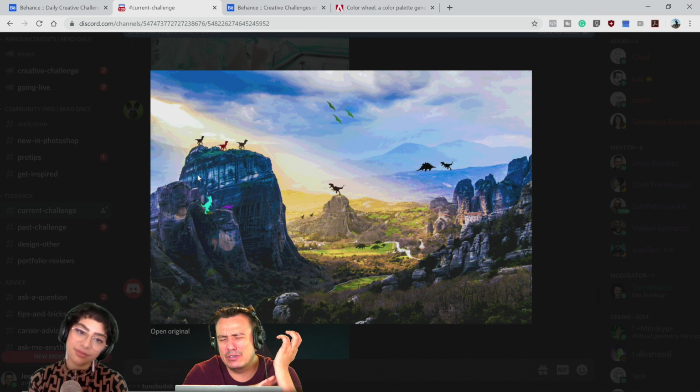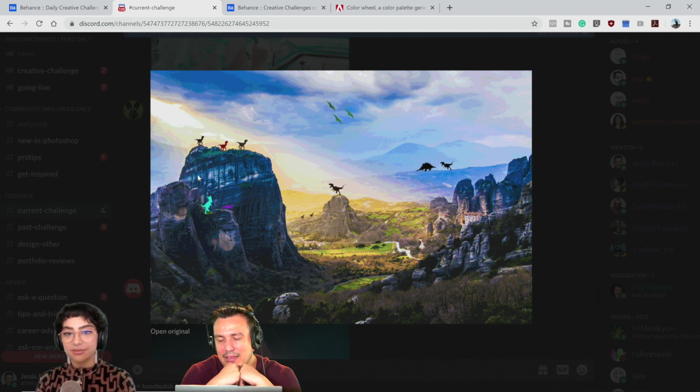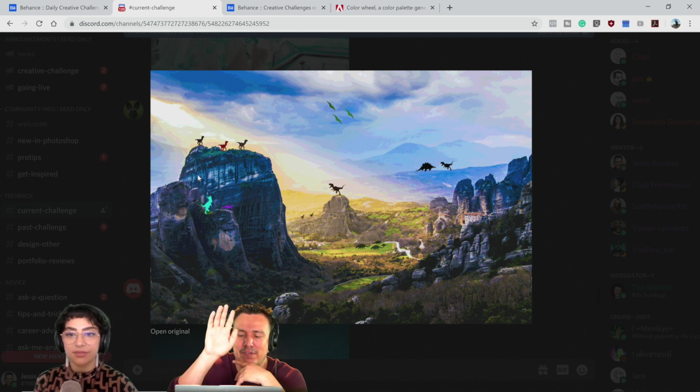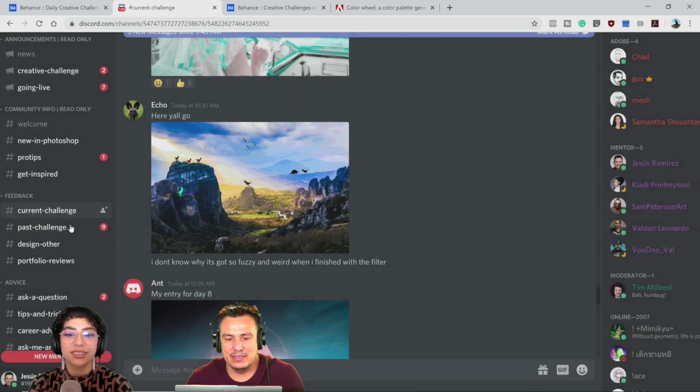Obviously scale is off, but I don't think you were concerned about scale in this scene. But based on your placement, I'm assuming that you're concerned about depth. And if you want to apply depth to a composite, then atmospheric perspective is something that you might want to keep in mind. So I would make those basically the same color as the mountain that they're standing on, so that it seems like they're way off in the distance on top of that mountain. That's a great tip. I agree. Yeah, it's awesome.